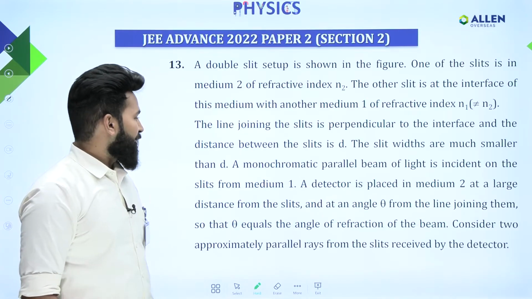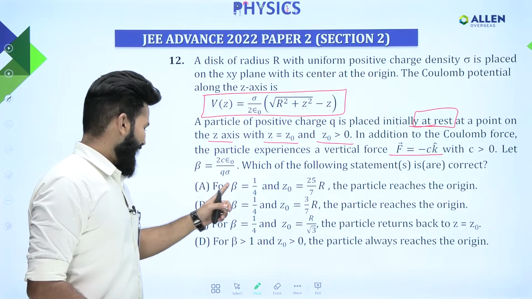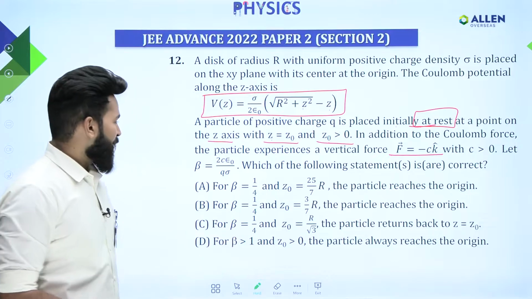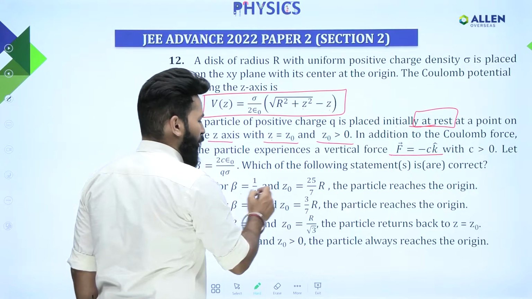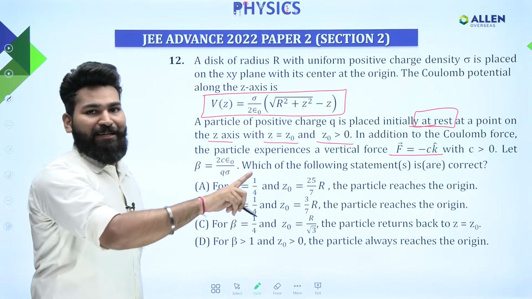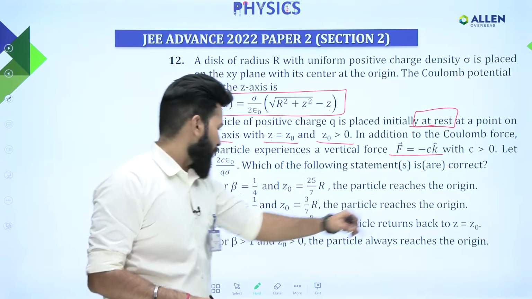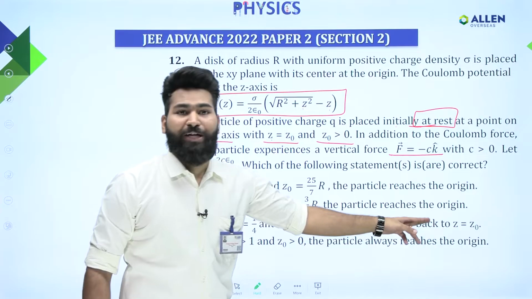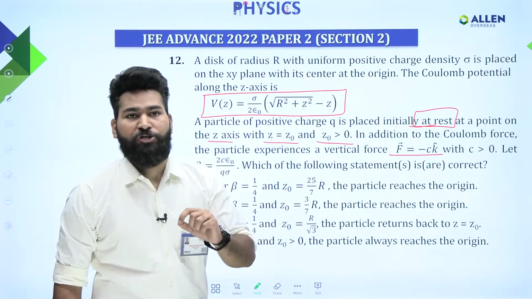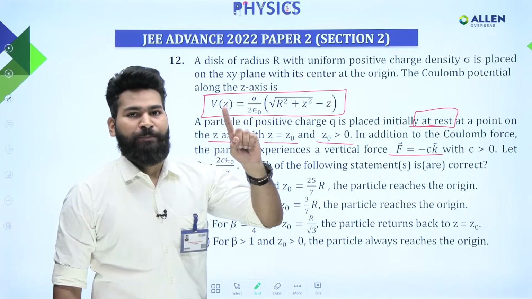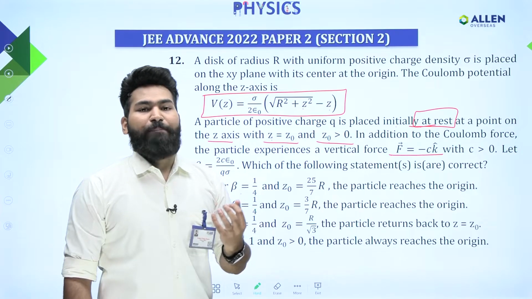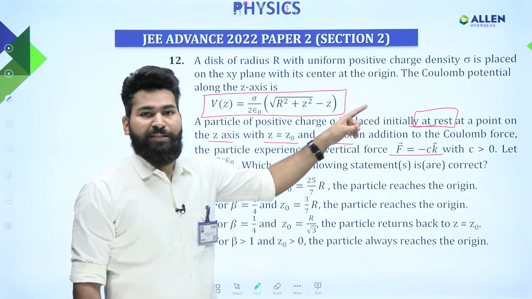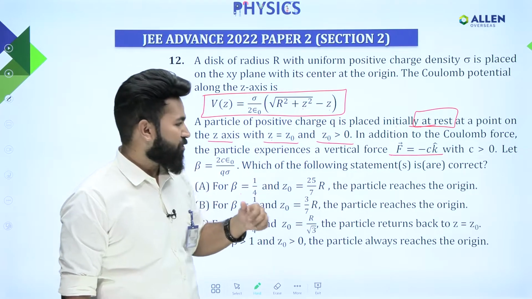Okay, so according to this, the correct options will be A, C and D. When you check for the value beta equal to 1 by 4, you will get kinetic energy as positive. So yes, the particle will reach the origin. And for this third option, the kinetic energy will come out to be negative. So the particle is not able to reach the origin, so it will return back. Because the Coulombic repulsion, because of this charged disk, will dominate